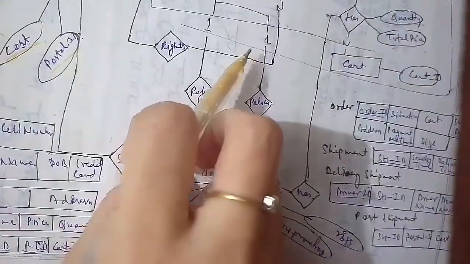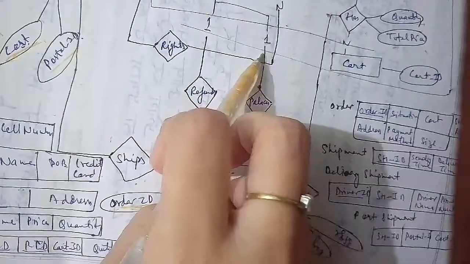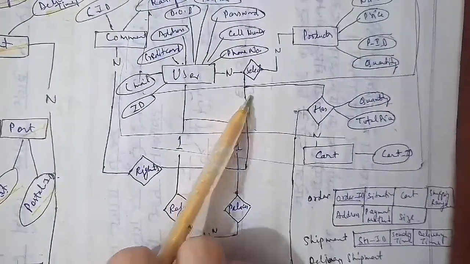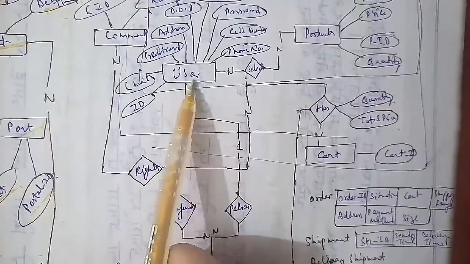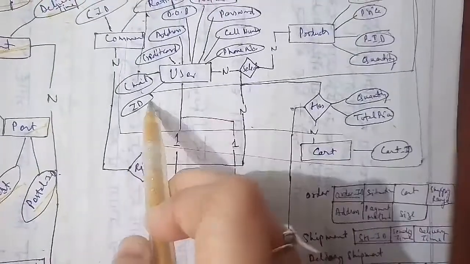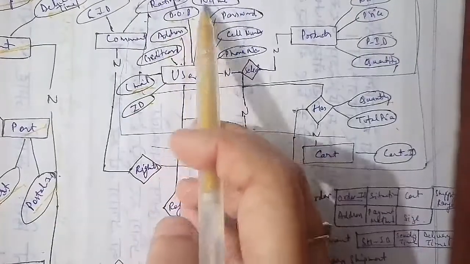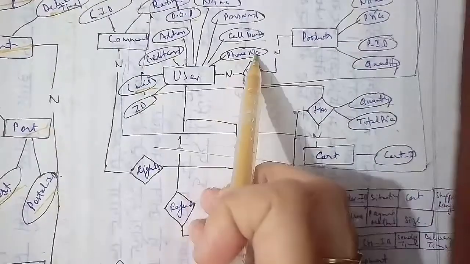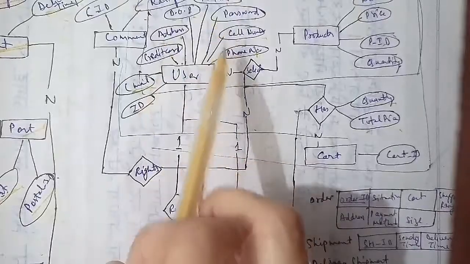Then that is connected to the select as well, but before that we will talk about the users. The users are connected to the user ID, then we have the email, credentials, address, date of birth, name, maybe first name and last name, the password, the cell number and the phone number as well. This is all the related information that we have to know about the users. This is connected by reference to the order, which is connected to the places, and that is connected to the user as well.